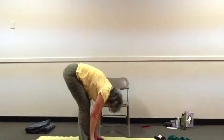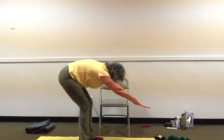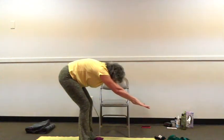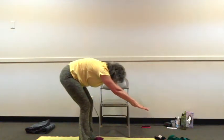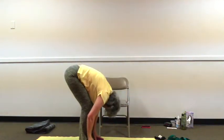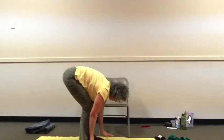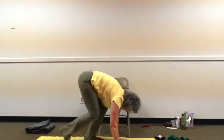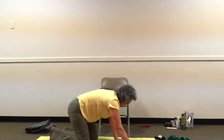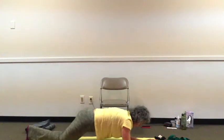Let's do this one more time. Lifting head, bring arms and reach. Knees soft and reaching. See how your tummies are tucked in. And releasing to forward fold. This time, lift head slightly, hands on the mat, bending knees, and coming down to your forearms, extending legs, bringing